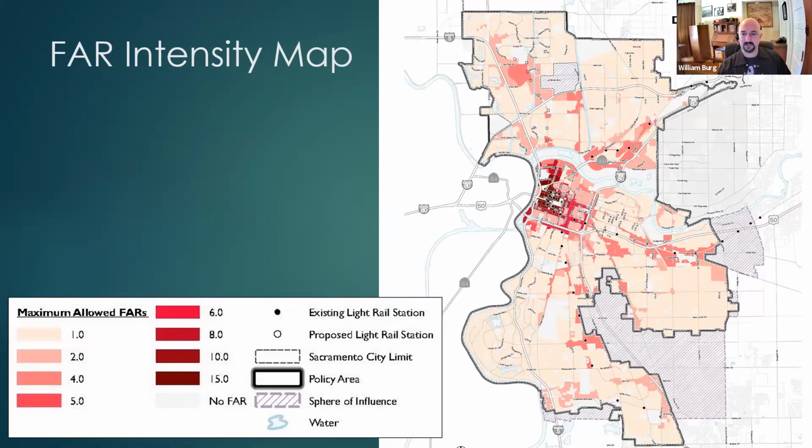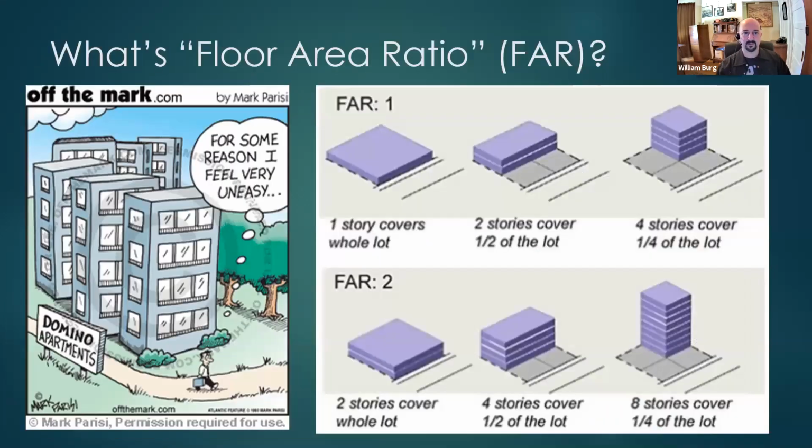But for now, you can see that most of the city has this nice sort of light tan color, and then as you get closer to downtown, closer to the business corridors, it gets more of a pink and then more of a deep red or burgundy red downtown. And so that's generally the maximum intensity, the maximum number of stories, or the maximum ratio of floor area to land. Now, a floor area ratio is the ratio of the building's square footage to the land on which it sits.